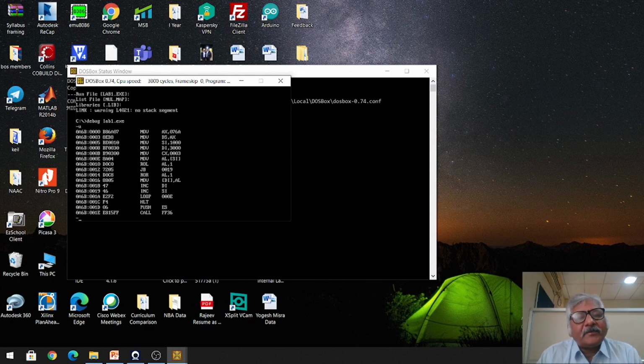This 076A will be stored in the DS register, the data segment register, in the next instruction. So the base address of our data segment will start from 076A0.